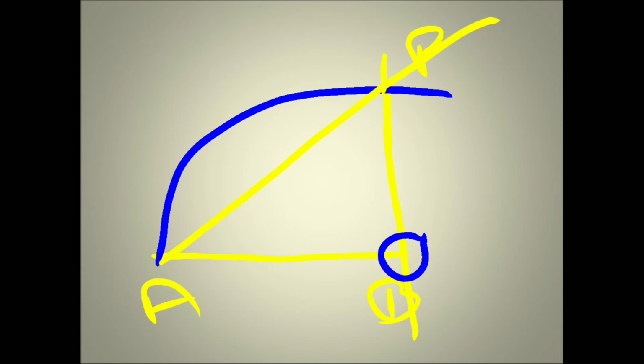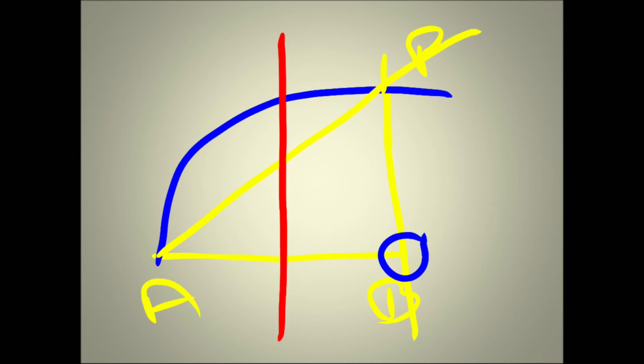After that, now bisect the line AB. AB is 30 mm, so bisecting it like this, dividing into equal parts, that means 15 and 15. Now we observe two meeting points here: this is 1, this is 2. The bisecting line meets the arc at point 2, and the AP line meets the bisecting line at point 1.